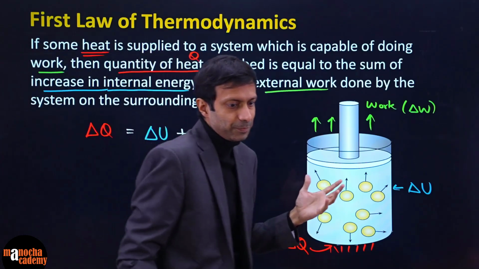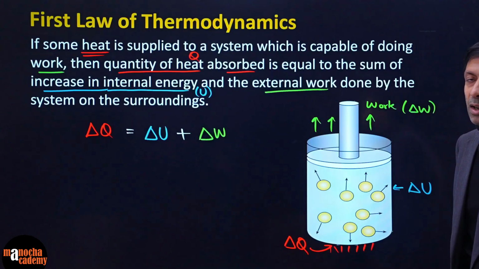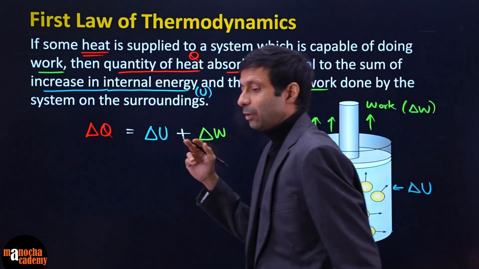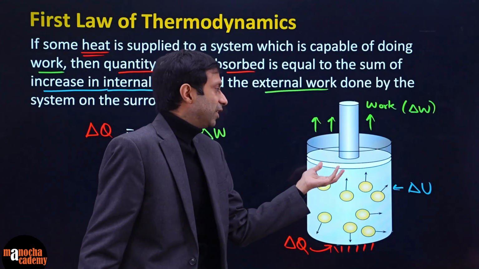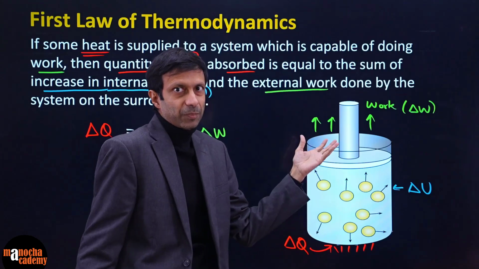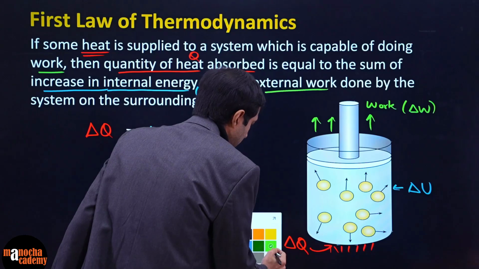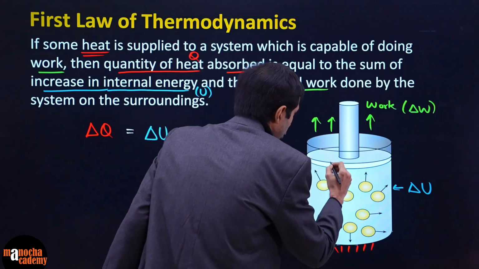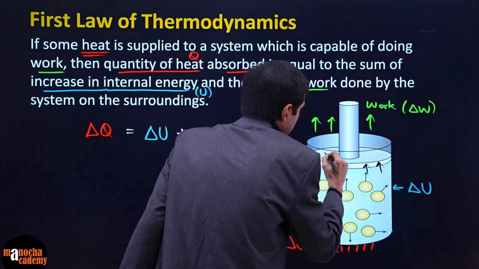Do you guys agree? Does that make sense? Okay. And in the previous class, we have learned what is the work formula. So let's say in a gas, it is having a pressure P, right? So we can have this work formula that, let's say there is a pressure P over here. So on this piston, let's say the gas is applying a pressure P, okay?